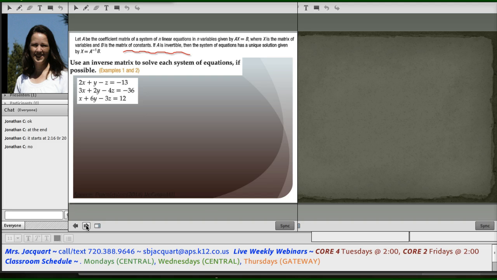Let A be a coefficient matrix, in other words, a matrix of n linear equations and n variables given by A times x equals B, where x is a matrix of variables and B is a matrix of constants. If A is invertible, then the system of equations has a unique solution given by x equals A inverse times B. Now what that's kind of saying is if I were to take this matrix here,